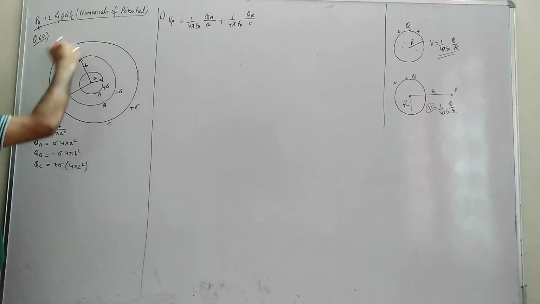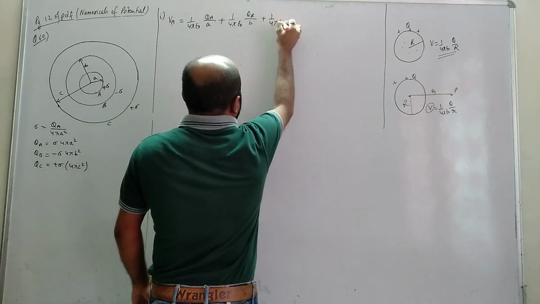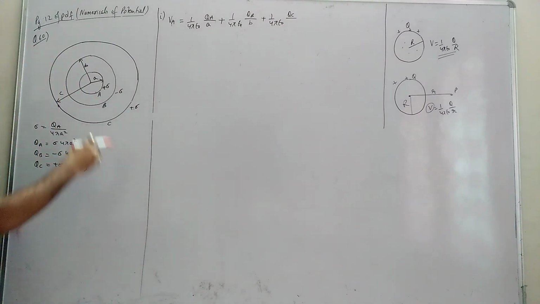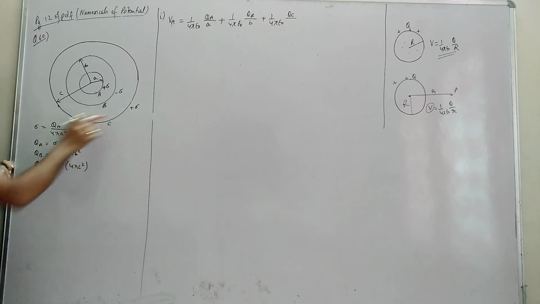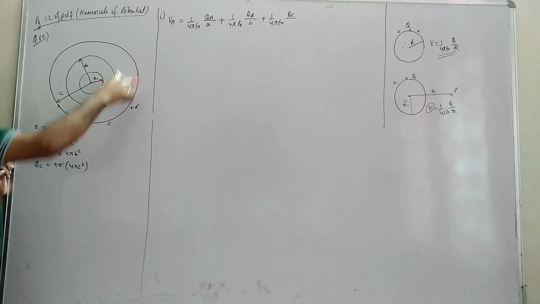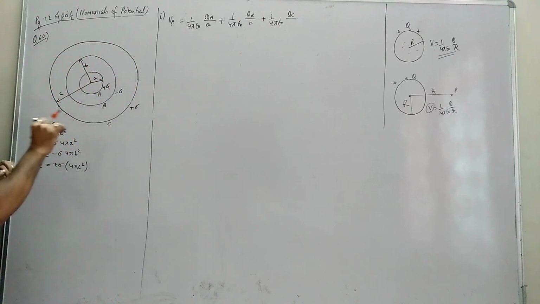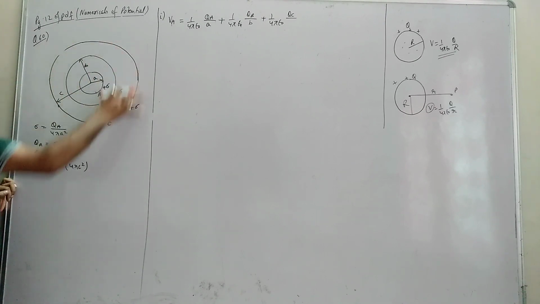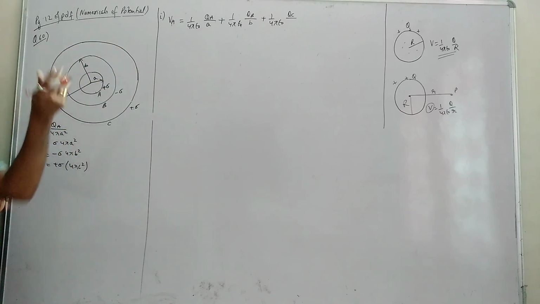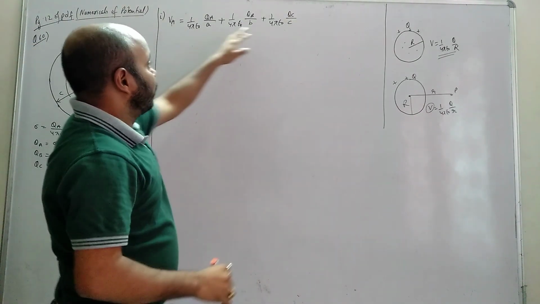Similarly, A is also inside C. That means the potential on the surface of the C, due to the charge QC, the cell C has some potential on its surface. How much is the potential the cell C will have? 1 by 4 pi epsilon QC by radius of the cell C. The same potential acting inside everywhere. And inside the C we have A. That means the same potential will act inside A also. So 1 by 4 pi epsilon QC by C.